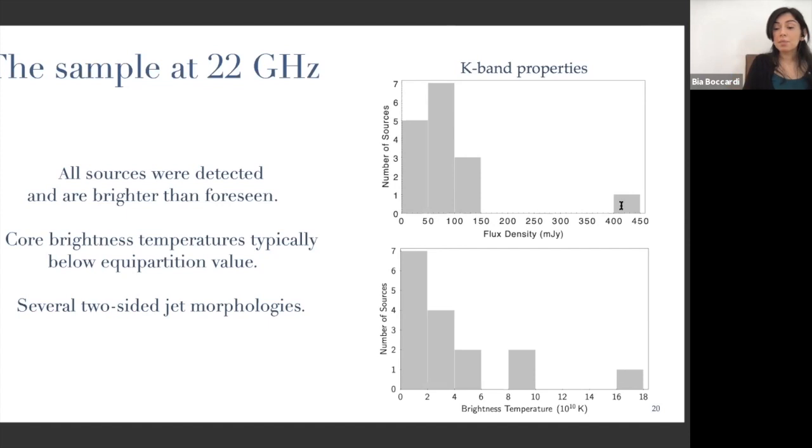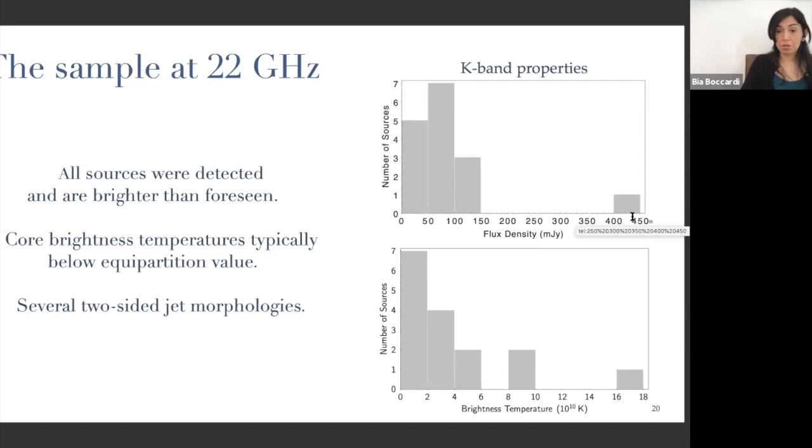Now, as you see in this plot, there is one source which is quite brighter than the others. And for this source, we have also requested observations at 86 gigahertz, so with the GMVA array. In the following part of the talk, I will focus a little bit more on this source, which we have already studied in detail. And therefore, at the end, I will also compare the results we have obtained with those obtained in the literature